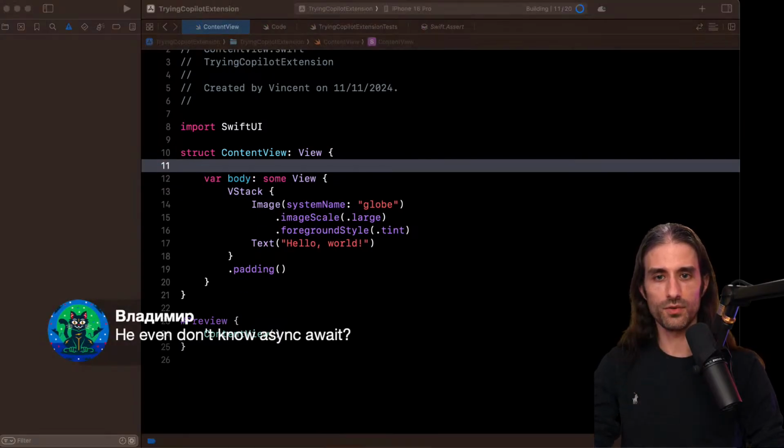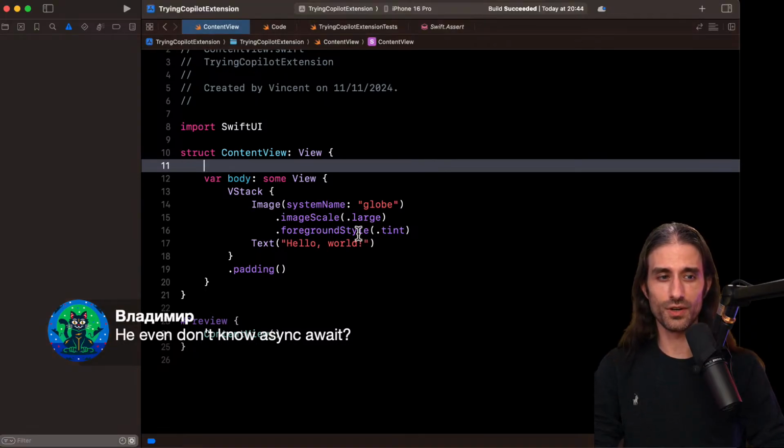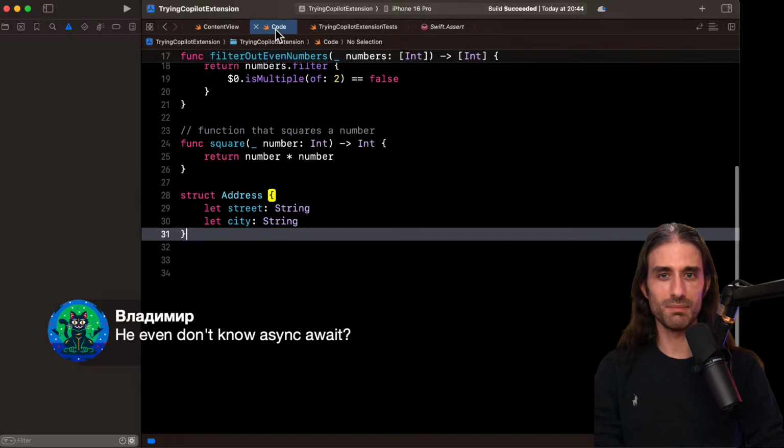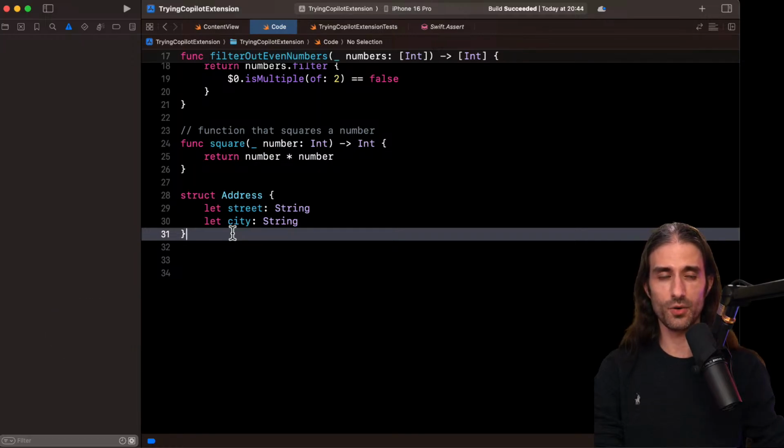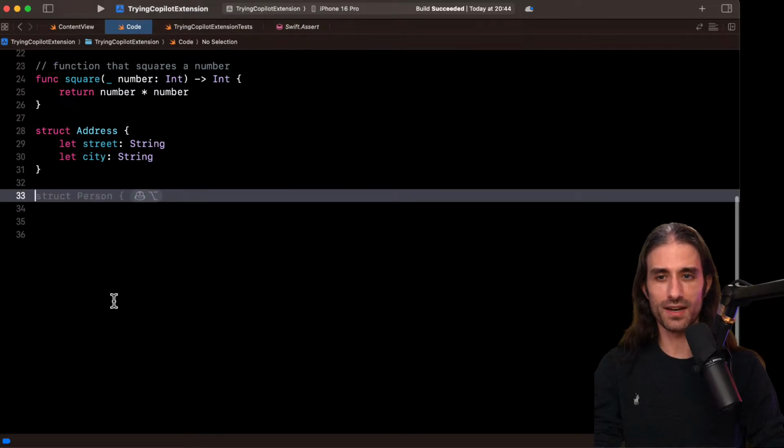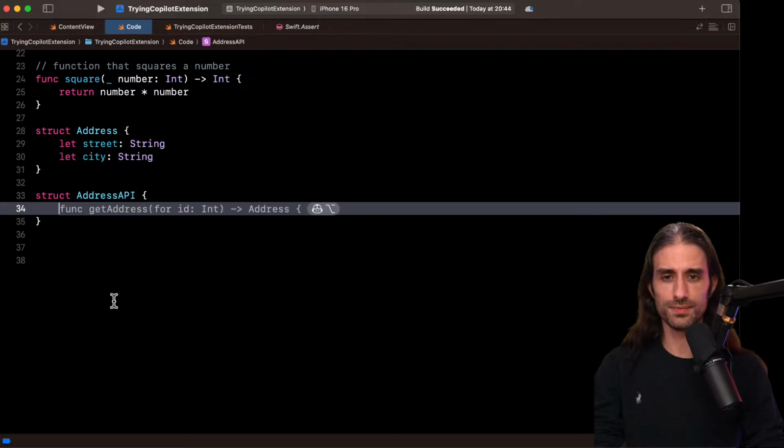So that's what I want to check, because GitHub and all of the tools tend to favor older APIs because there are many more code examples, and so I think it might go that way. At least when I tried on VS Code 2 months ago, it was aiming for a completion handler by default. So we'll see that. Struct AddressAPI to give it a very strong hint about what I'm trying to do. And so if I say func fetch address for user ID,